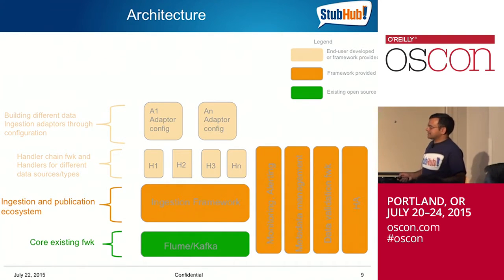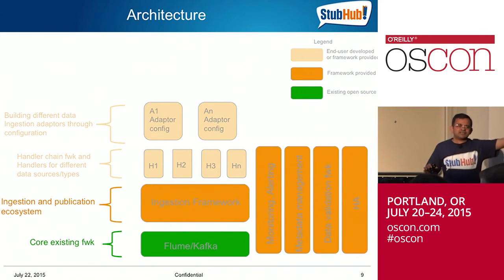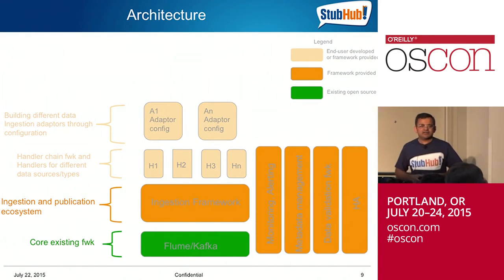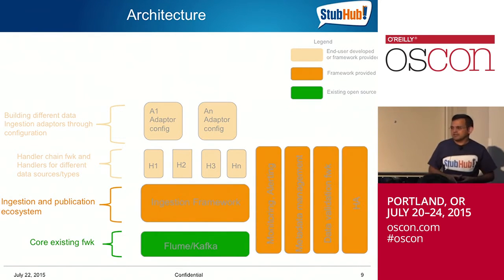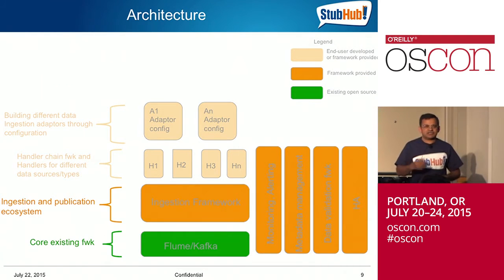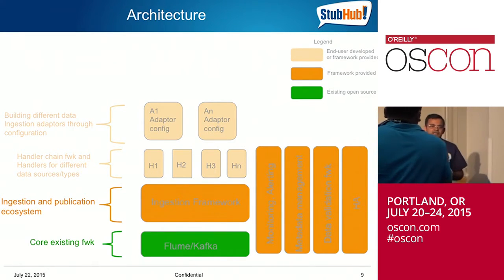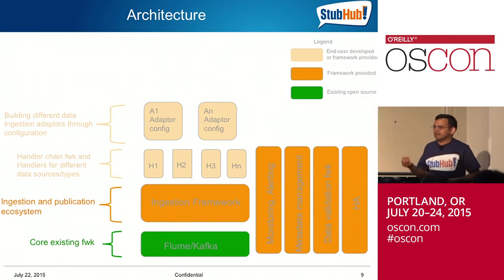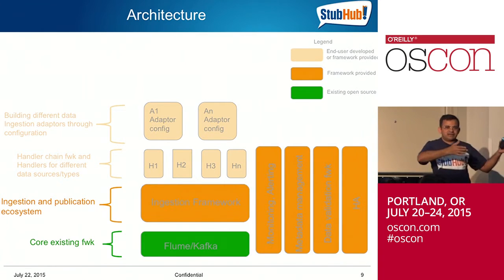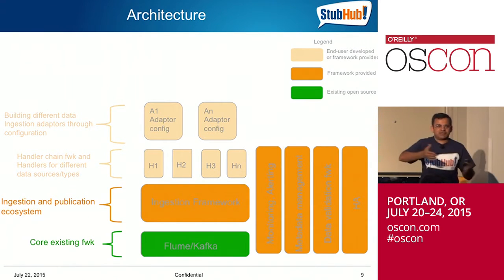So what exactly is this layer? This whole concept of a handler chain processing work, meaning think of it as a data pipeline. Data is coming in, and you want to do multiple steps of processing it. I'll give you one example. Let's say there is clickstream, regardless of which product you're using, data is coming in. More often than not, it's a name-value pair. So you have a name and a value. It's a sequence of names and values. And the data is coming in, let's say, through a file or through a Kafka stream.